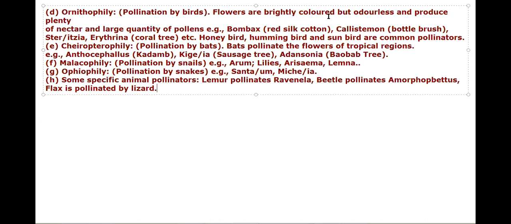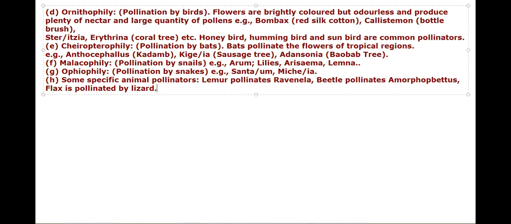The flowers are brightly colored but odorless and produce plenty of nectar and large quantity of pollens. Okay, so this is the example, and Chiropterophily we have discussed already